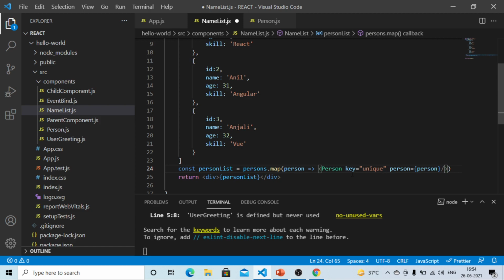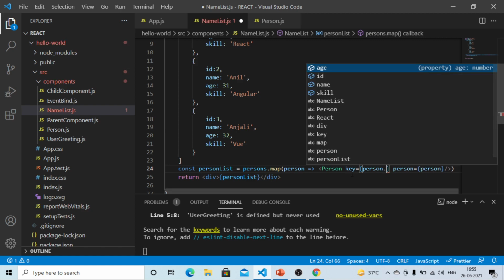So in order to avoid that error, we have to assign as the value to the key prop a property whose value is unique for every item in the list. For example, ID is a perfect choice, because in each person object ID has the value 1, 2 and 3, which is unique for every item in the list. So instead of "unique", we have to assign person.id.